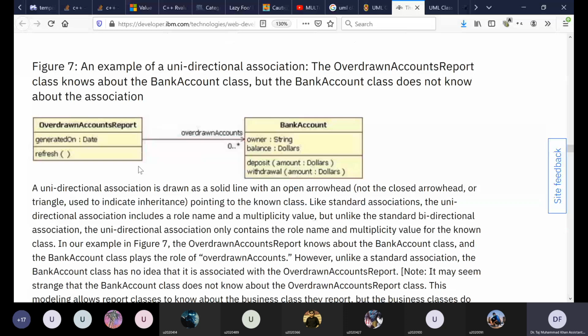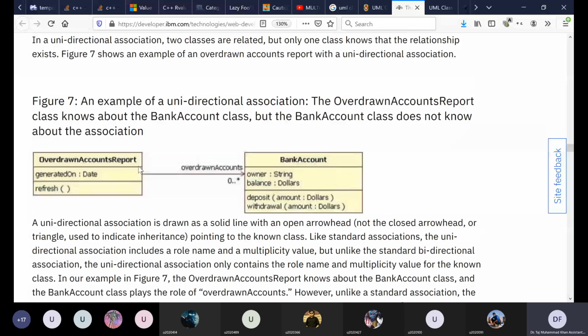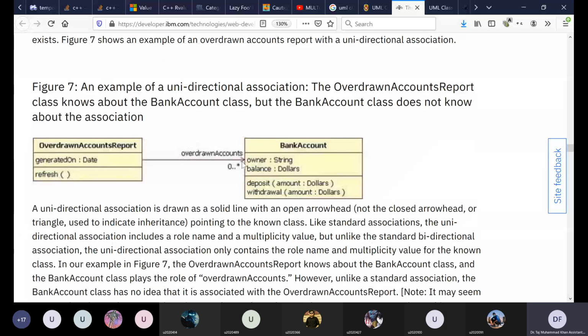If it's a bidirectional relationship, then we use a simple line. Here it's a unidirectional association. That's why we have an arrow from overdrawn accounts report to bank account, which basically means that the overdrawn account report class uses the bank account class.